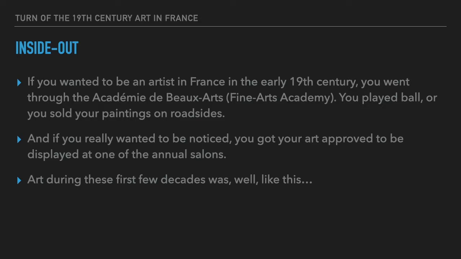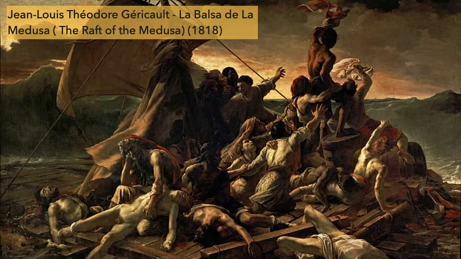Now, beginning of the 19th century in France, here's what the visual art sort of looked like. This is The Raft of the Medusa, La Balsa de la Medusa, by Jean-Louis Théodore Géricault. Very, very famous. It's a very large painting. If you're ever in Paris and you have a chance to go to the Louvre, you'll see. It's just massive. Based on a real historical event, if you care to study it sometime, it has a very interesting geometry to it. It effectively has two interlocking pyramids, which you can see from the sail mast and the guy waving the flag in the top right.